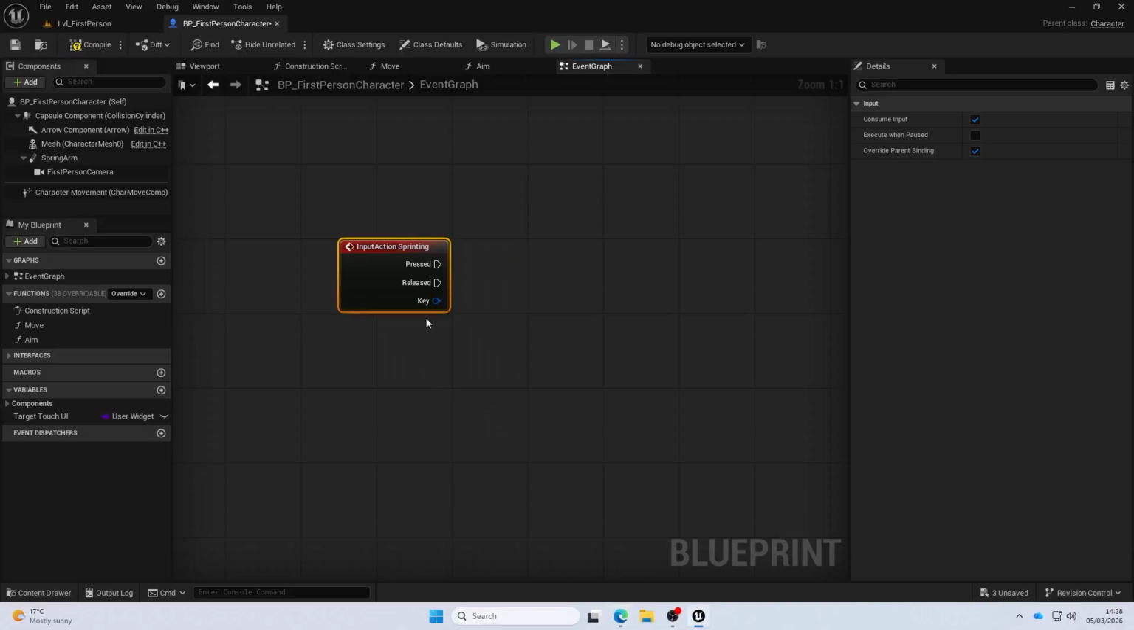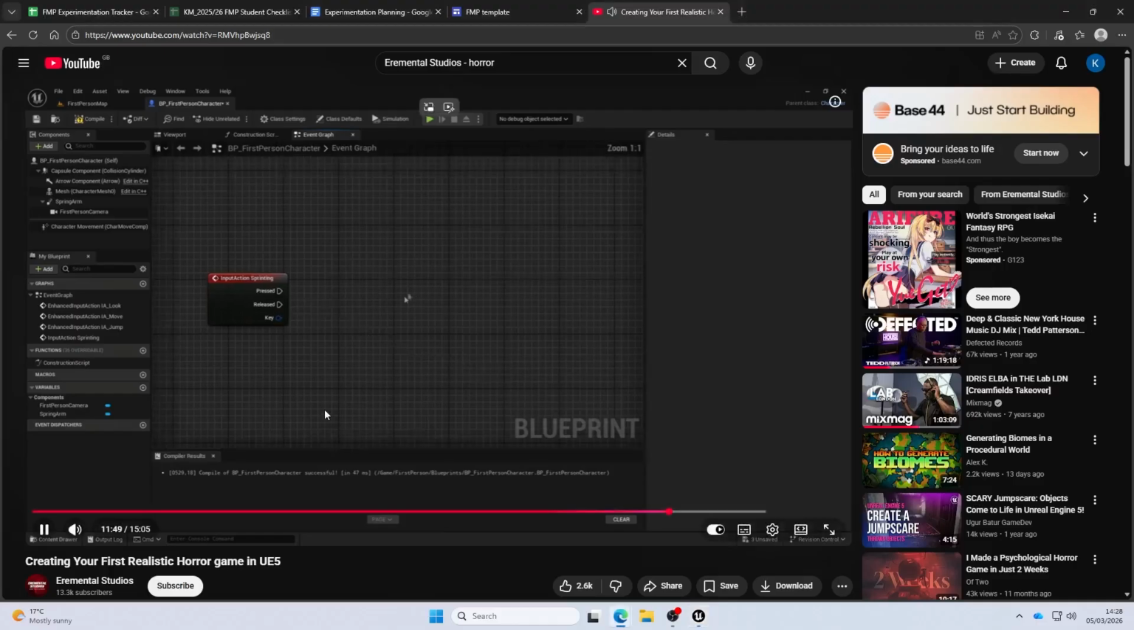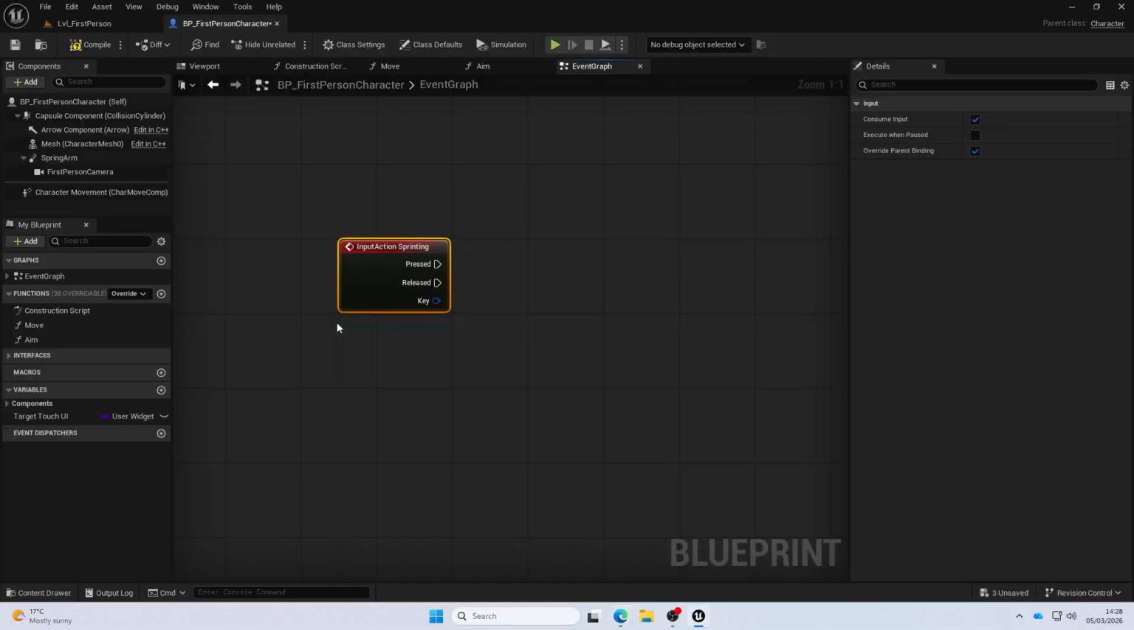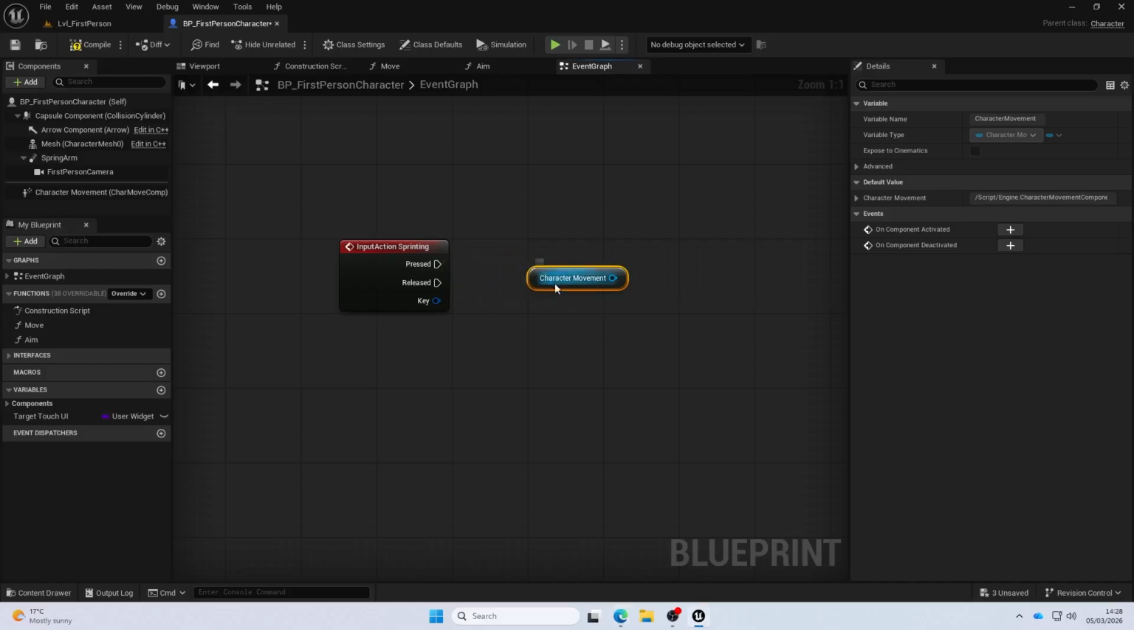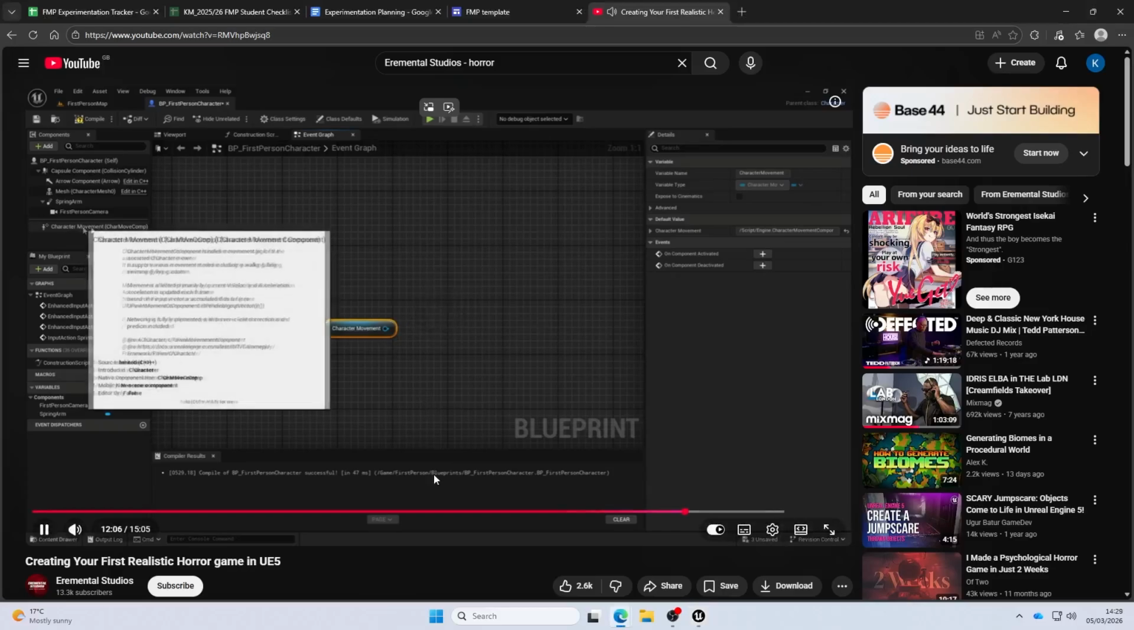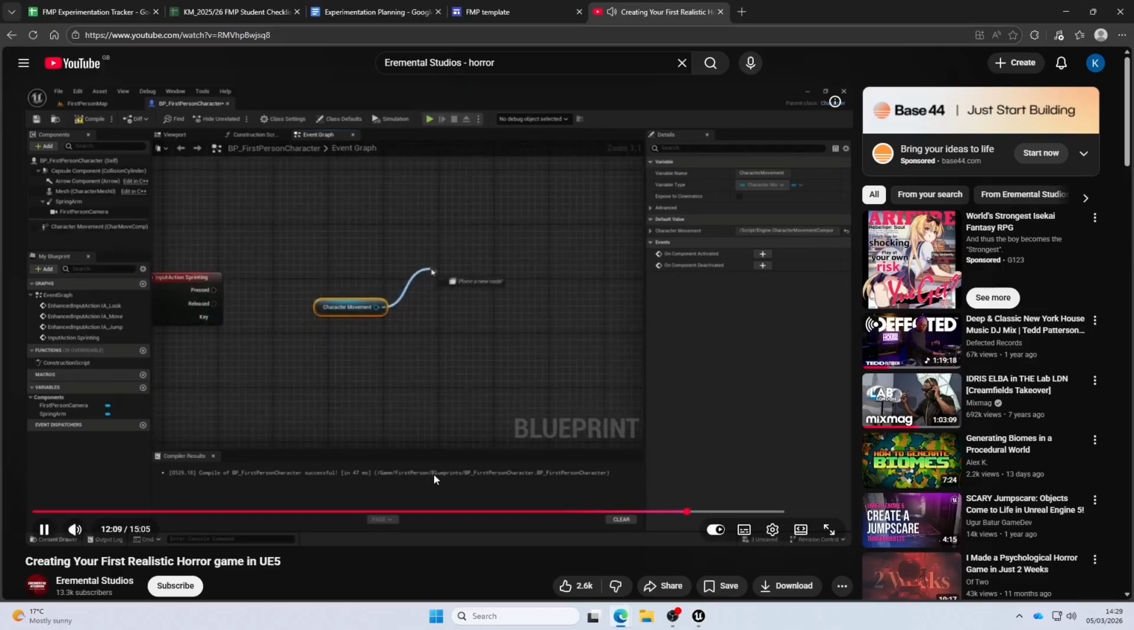And then when we release the sprinting key, we want the player to walk in the normal state. So how do we do this? First of all, we want to drag out the character movement, and now we have a reference to the character movement right here. So out of here, we want to set